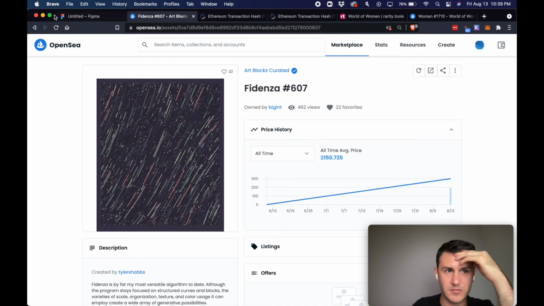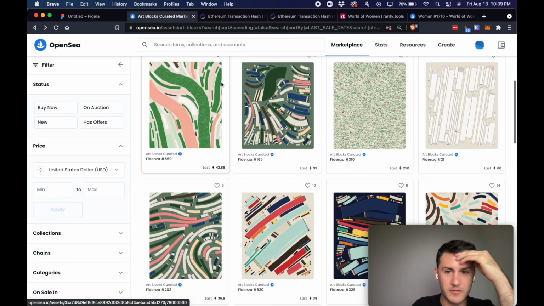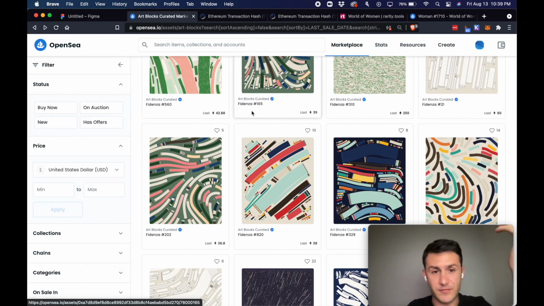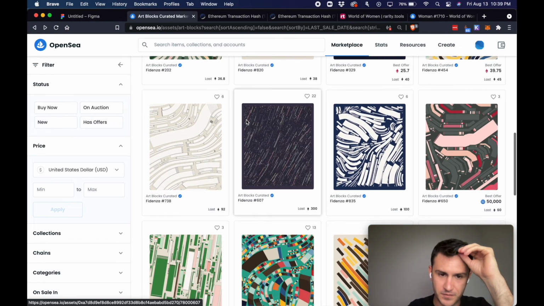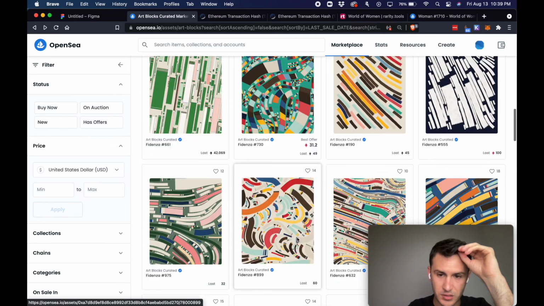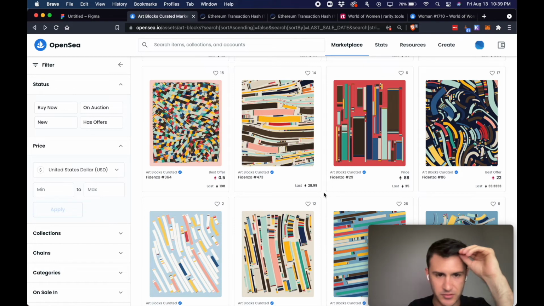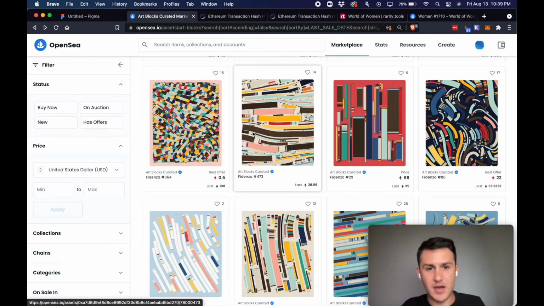This one sold for. Wild. So maybe buying one today for 40,000 isn't that bad, right? This one sold for 92, 42. So this is like owning a Picasso. If you own a Fidenza, and these came out in